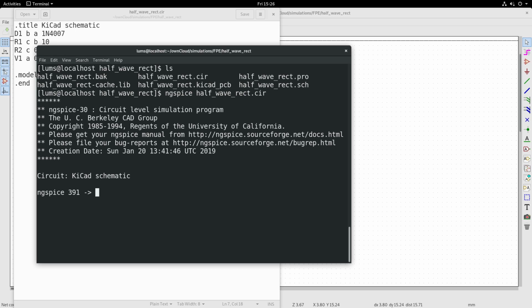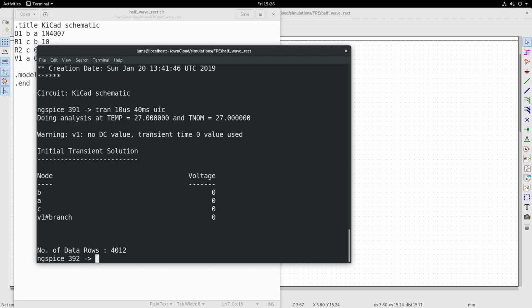So in the ngSpice environment, I can say tran, let us say 10 microsecond step up to 40 milliseconds to 2 cycles, and use initial conditions, and you see that it has executed, and you have so many rows of data available.